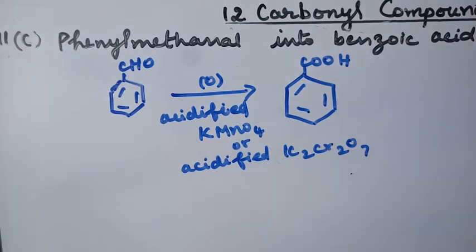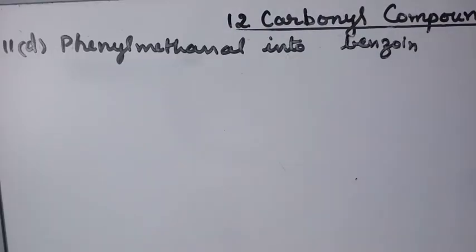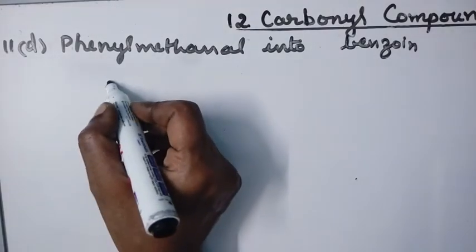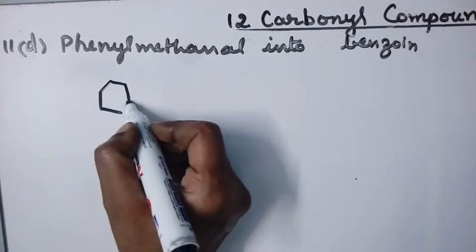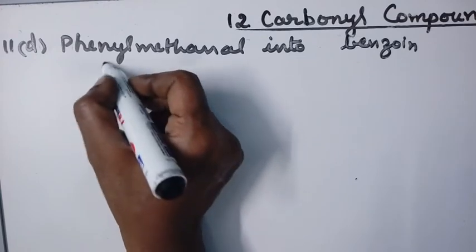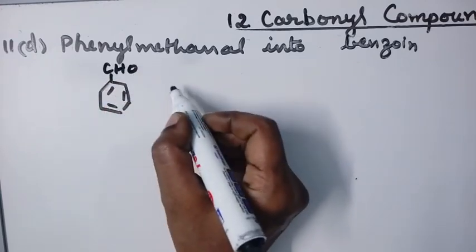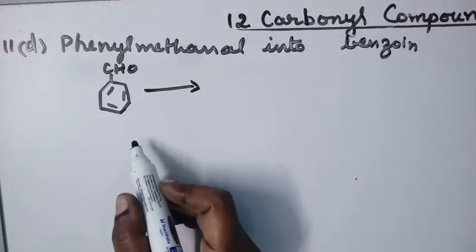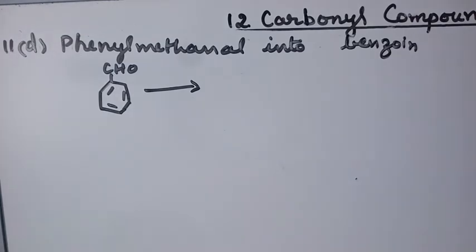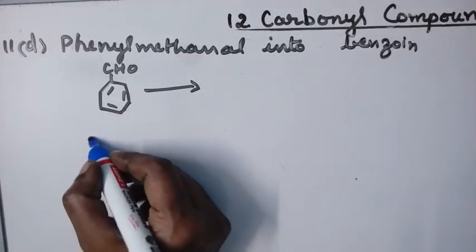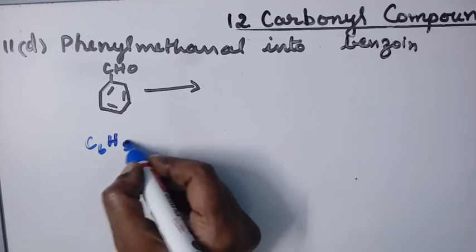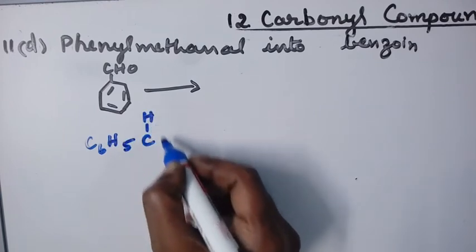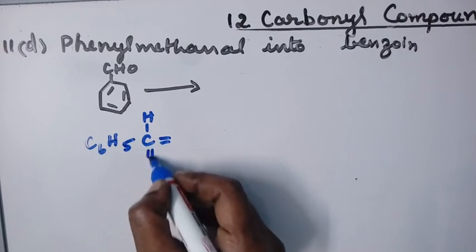Now the next question. Phenyl methanal into benzoin. Phenyl methanal is benzaldehyde. Benzaldehyde into benzoin can be done with two molecules of benzaldehyde. This is benzoin condensation. So two molecules of benzaldehyde, C6H5, in the presence of aqueous alcoholic KOH,